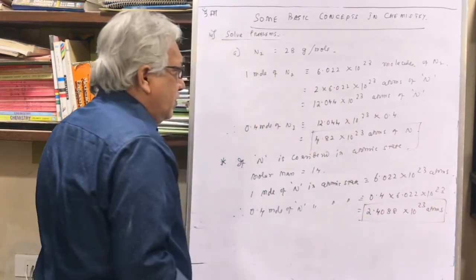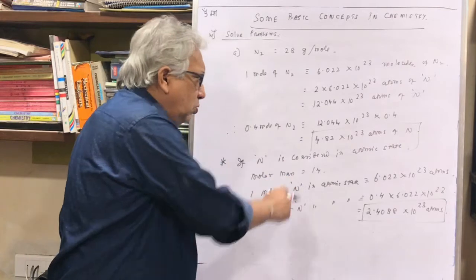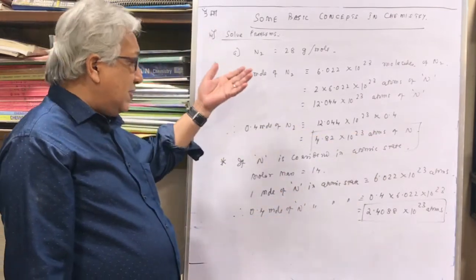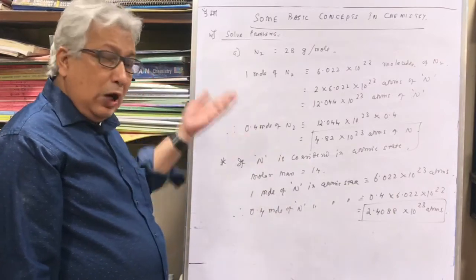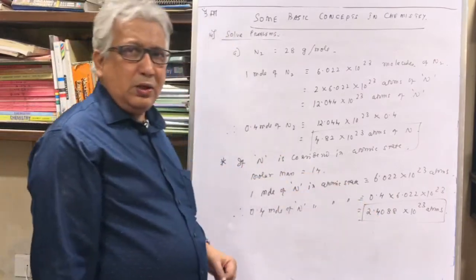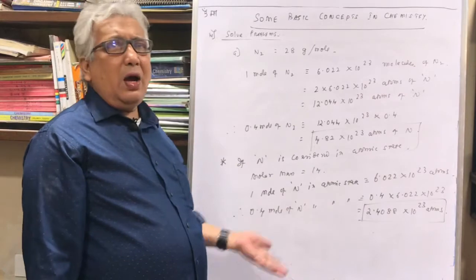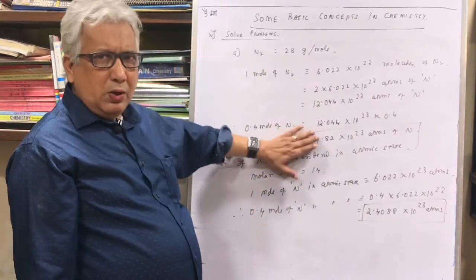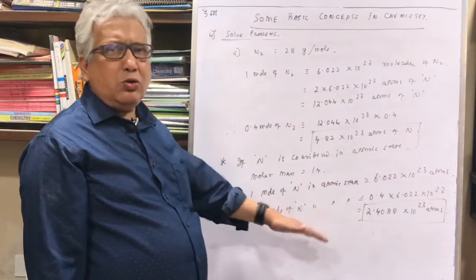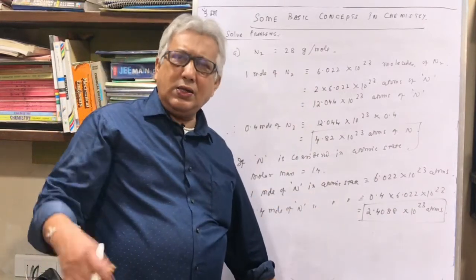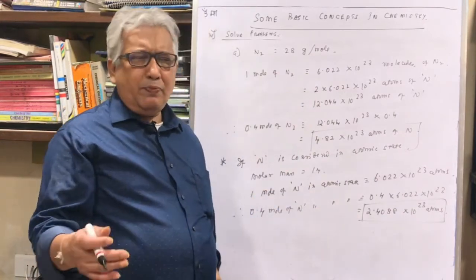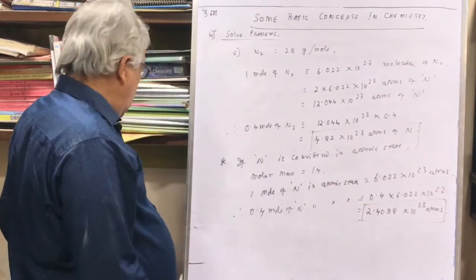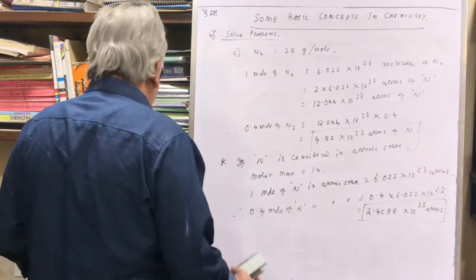They have not specified, so I have taken first the natural state, where it exists as N2. In that case it will be this many atoms. But if they mean that it is in the atomic state, then this will be the answer. Now you will ask me, sir, if they ask me in the exam which one I should do? My point is you do the first one, but to be on the safe side you can also do the second one, whether it is N2 or O2. Sometimes they consider the atomic state, then it will be in this manner. Now I move to part B.